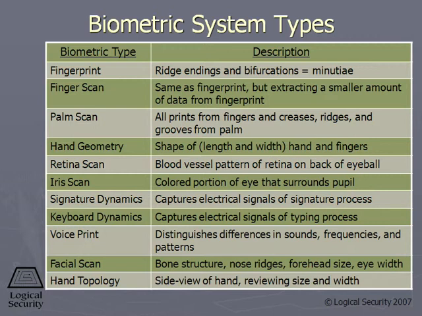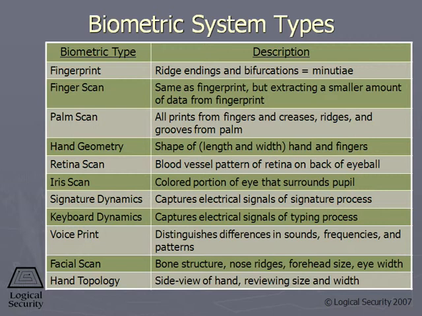There's a palm scan that looks at the whole palm. There's hand geometry, which I talked about, which is looking at the length and the width of the hand and the fingers. Retina scan is something that's used in some environments. Retina is the pattern in the back of the eyeball. So you actually have to get your eyeball really close up to a machine, which nobody ever really likes. And it's going to look at the pattern, because everybody's patterns with the retinas are unique,